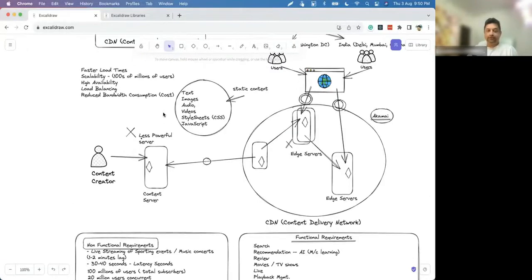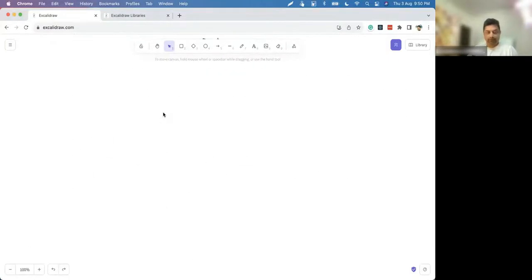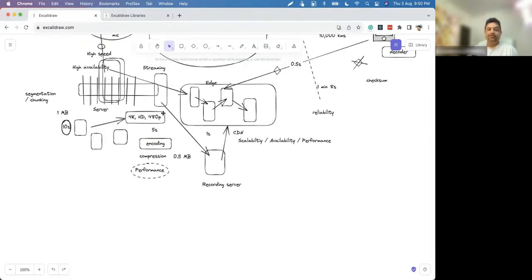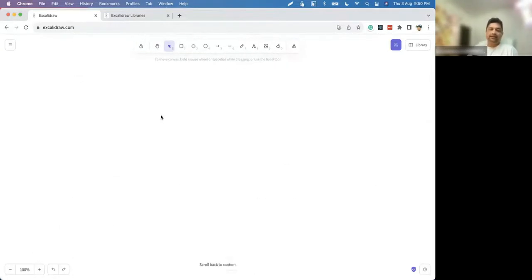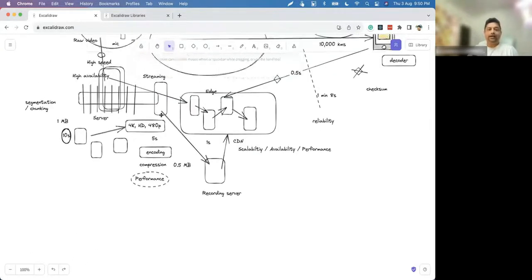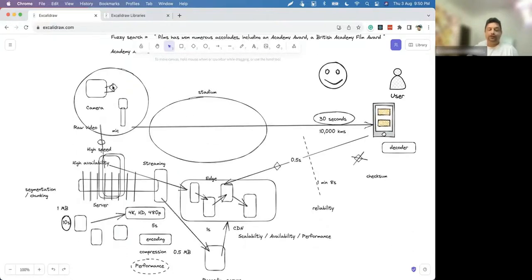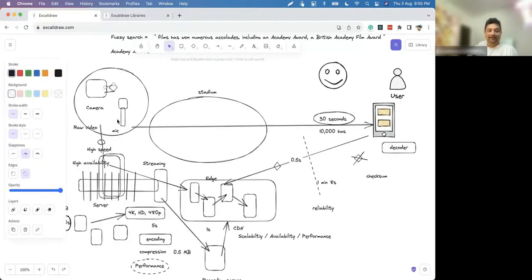So this is about live streaming. How do you design any live streaming server? See, in case of recorded content, you don't have this camera and mic. You have the content available. You can do the chunking and encoding as pre-processing. You don't have to do it in real time.